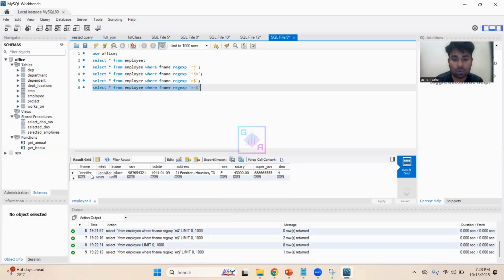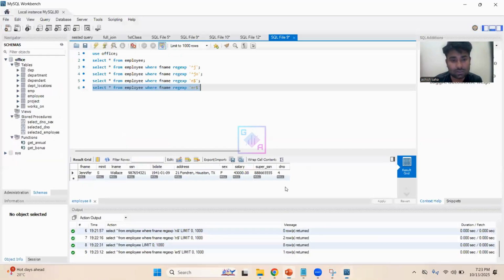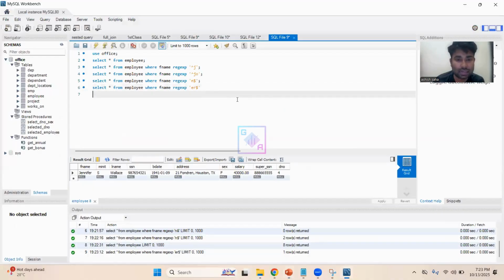Now let's come to the next point. I want to print those names that start with either J or R. Here, how can I do that? We can use square brackets, and outside the square brackets I should use the caret. It will print those names that start with J or start with R. I can write here